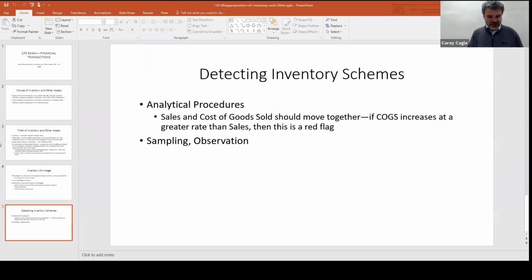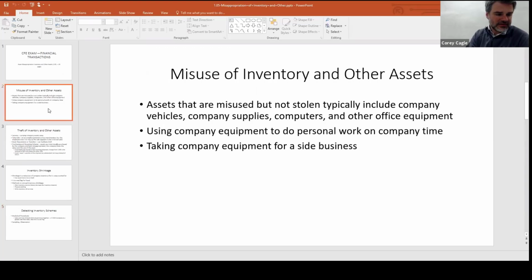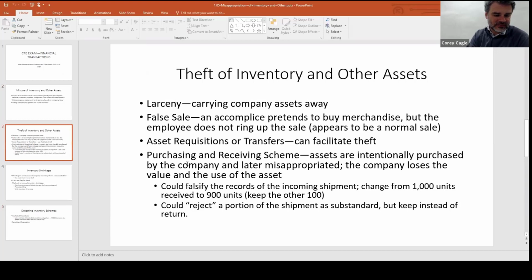So that wraps this up. So what type of test questions from this? Pretty easy ones. Probably a lot on inventory shrinkage and how people try to cover it up and what inventory shrinkage is, and that kind of thing. Probably definition type things on these schemes, purchasing and receiving, and false sale. A little example. This is a type of what scheme? It's a false sale, right?